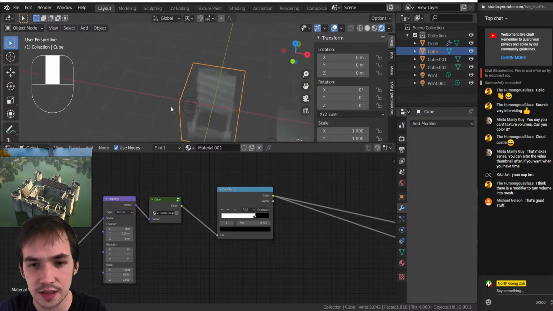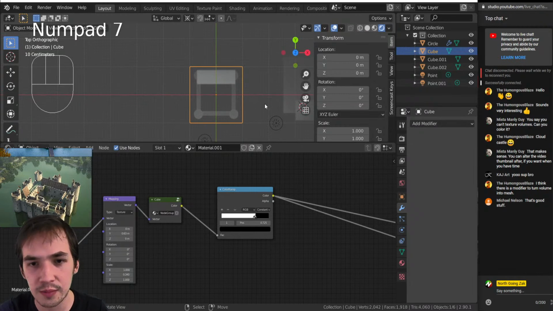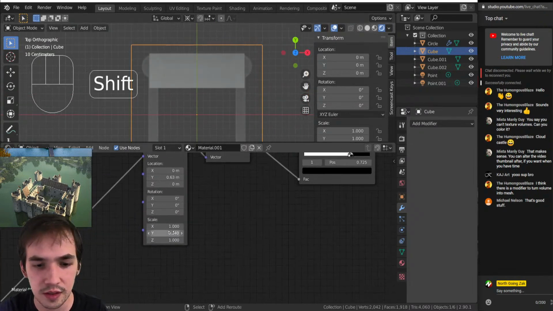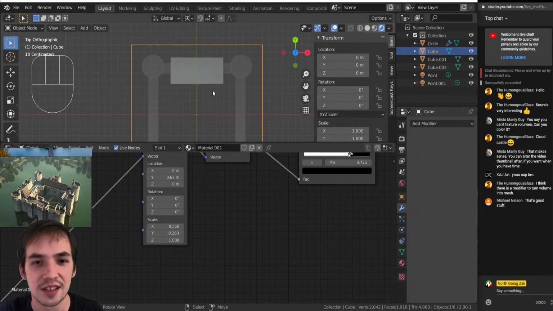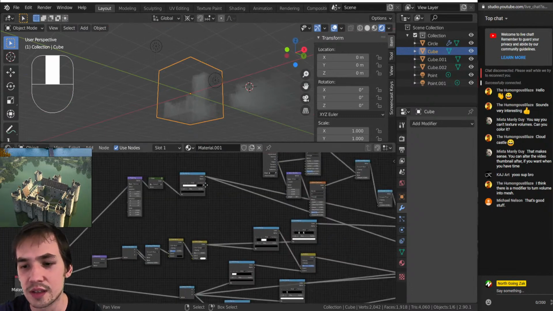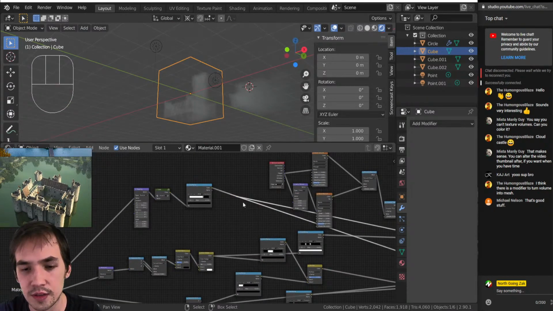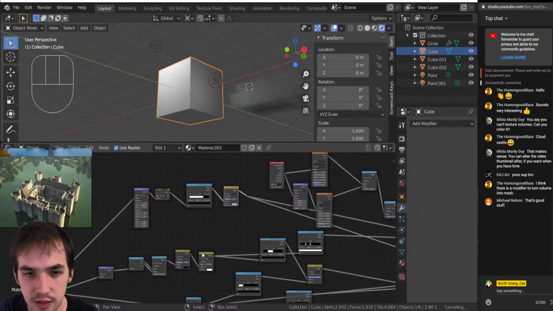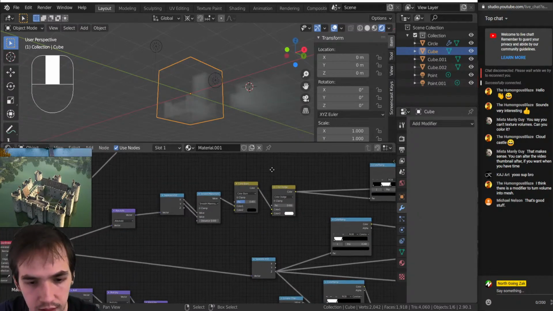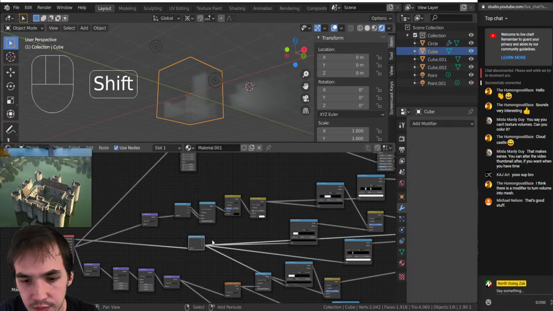So let's adjust the size of this. Instead of bothering with the color ramp, we can just position it here. So just bring that in there, and then bring that in there. And then mask it out on the Z-axis. So just multiply again, right? So we'll use that to cut it off. We're using this, so